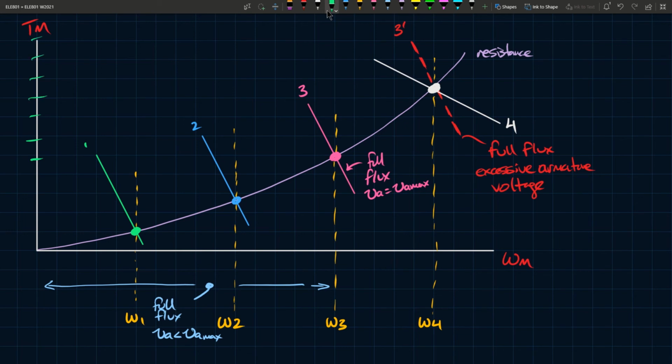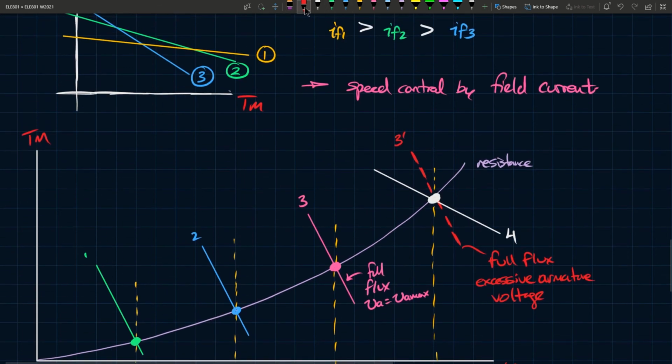So as you increase armature voltage, you would hit different points. If, instead of hitting it at a higher point, you start at a lower point, but just decrease it less as you go here, it's essentially a lower slope, right? So what that means is, if I were able to extend this white line all the way up, and extend this dotted red line all the way up, they would intersect somewhere. That would be whatever no load voltage or no load speed I need in order to reach this